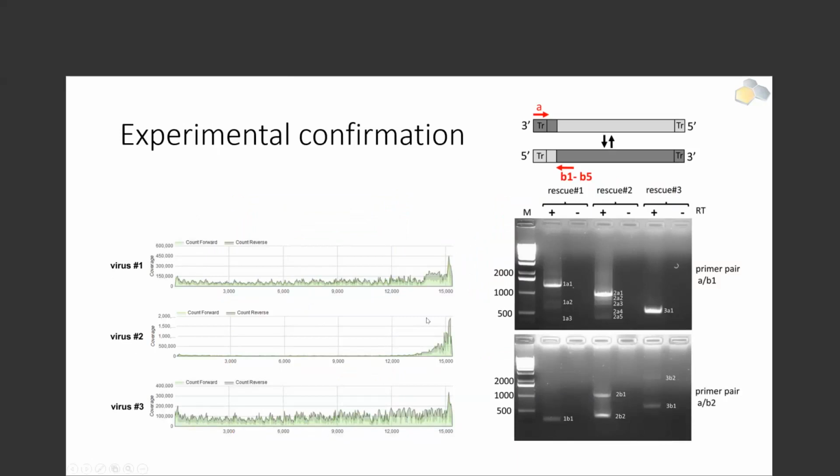We can see that there's an increased depth of coverage on the right-hand side, like the 3' side, 5' side, sorry. So there was already an indication that there are DVGs here,